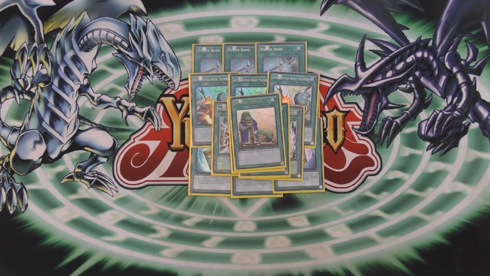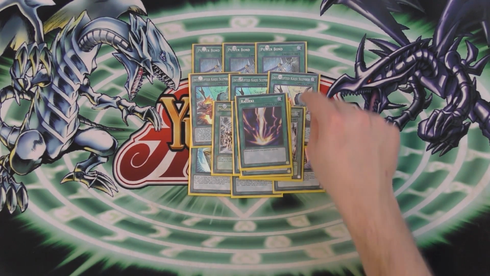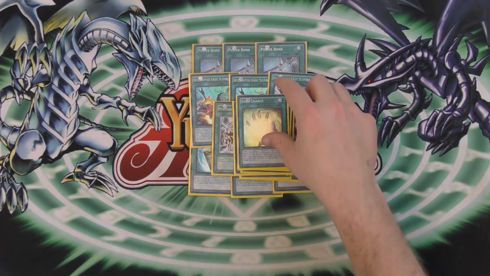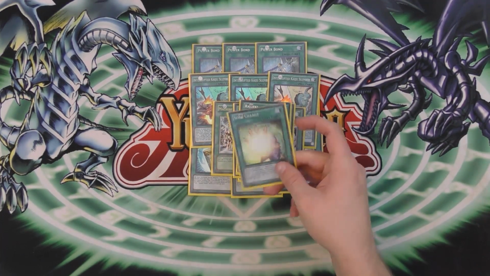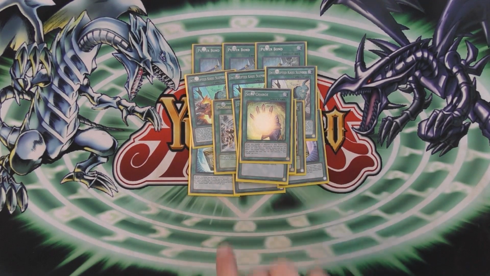And then I play 1 copy of Upstart Goblin. And then you play 1 copy of Raigeki, which gives you an extra board wipe with the Kaiju Slumber. And then I'm playing 1 Soul Charge, because this leads to some really insane combos. I wanted to make this deck a little more combo-licious, and of course this is one of the most combo-licious